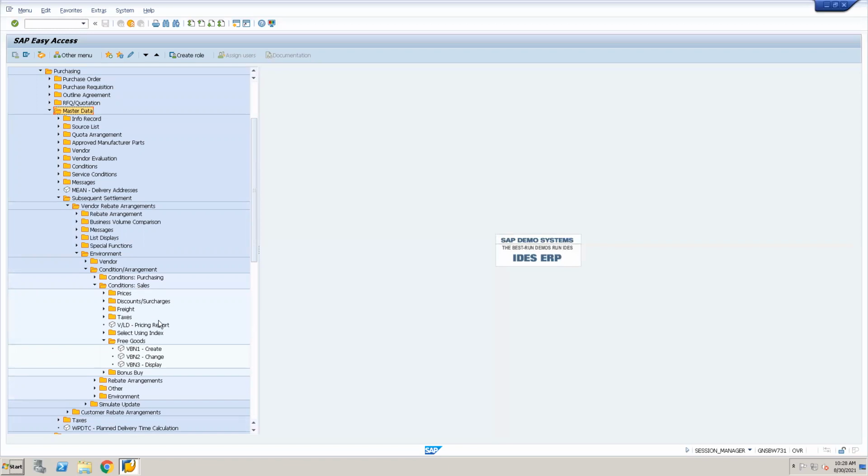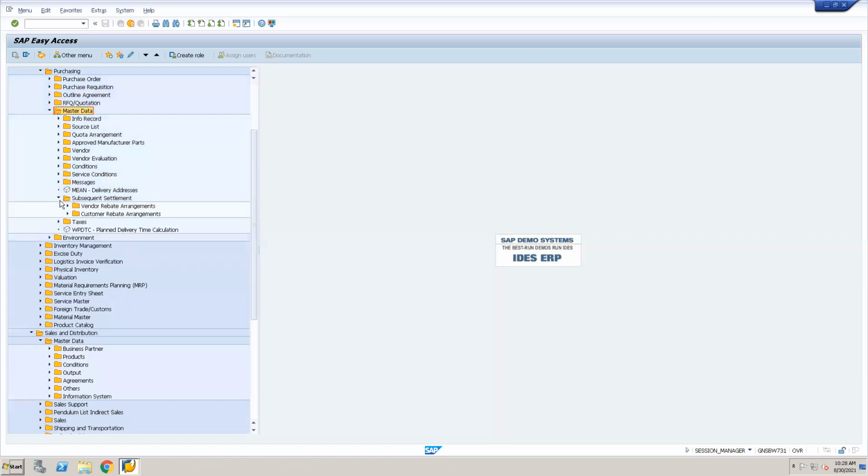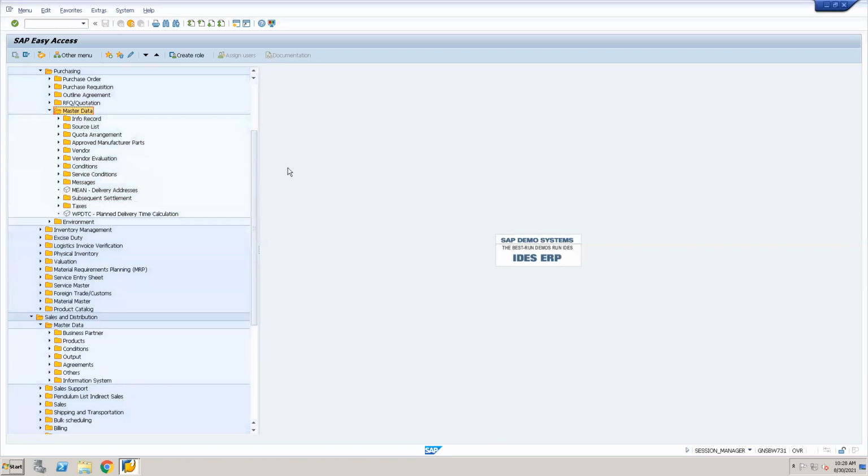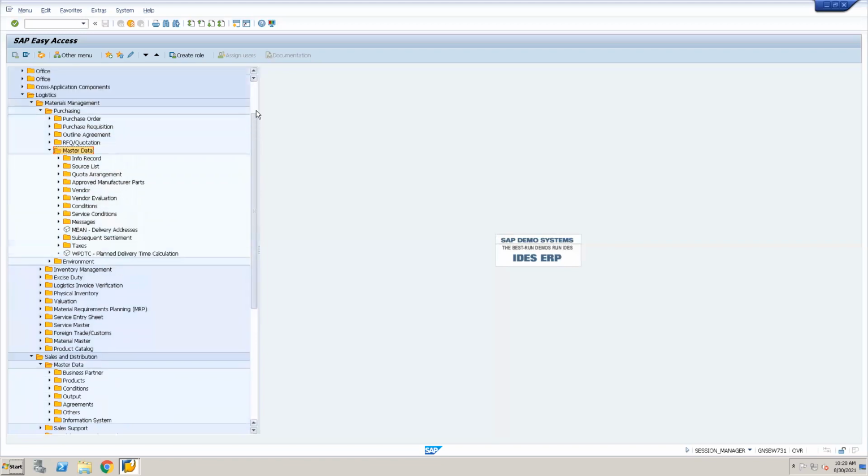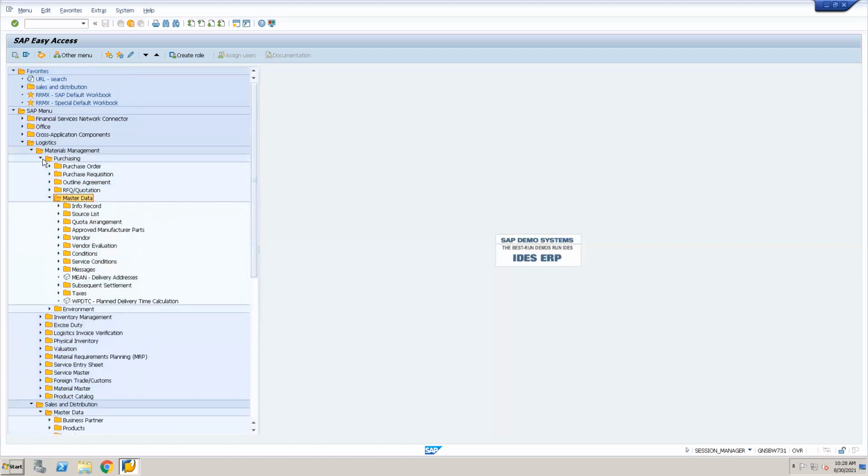Under that it should come for sales and distribution master data. I don't know why it has gone to the vendor master. So let me close this and go through our master data only.